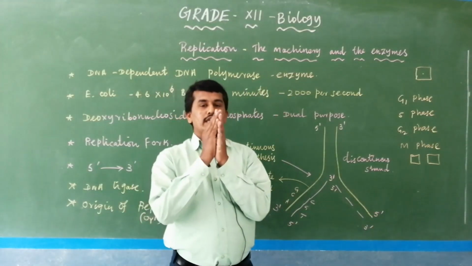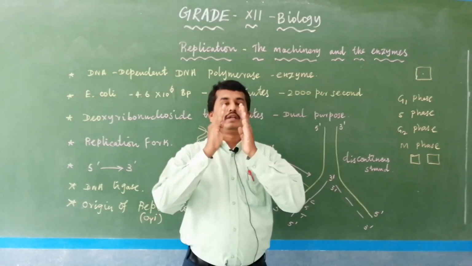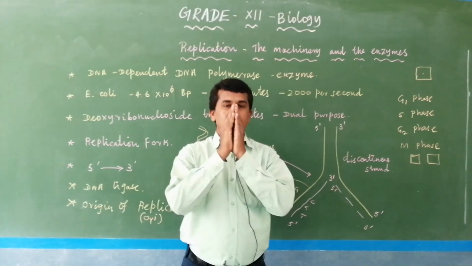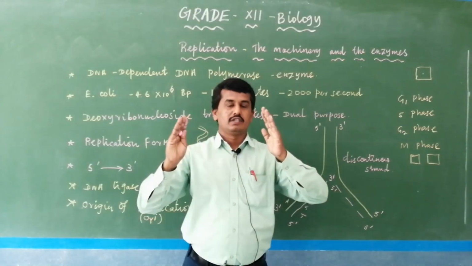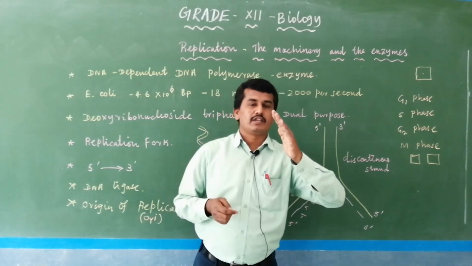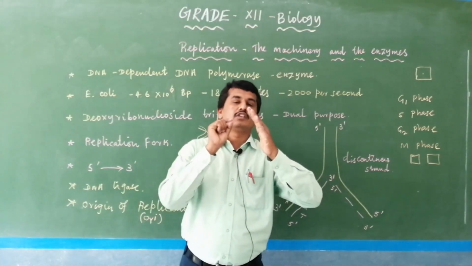So, one DNA gets replicated during the replication procedure with the use of some enzymes, and the DNA gets separated. That is the template. From this template strand, newly synthesized strands are produced.